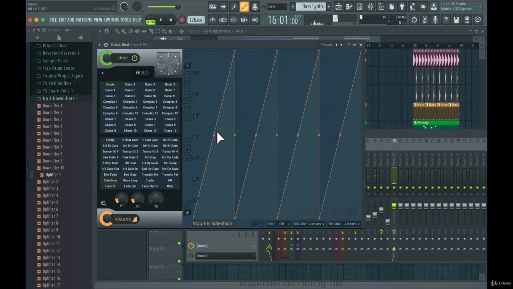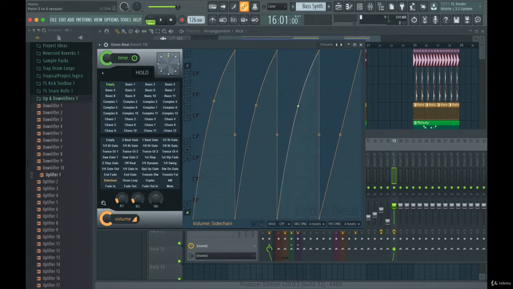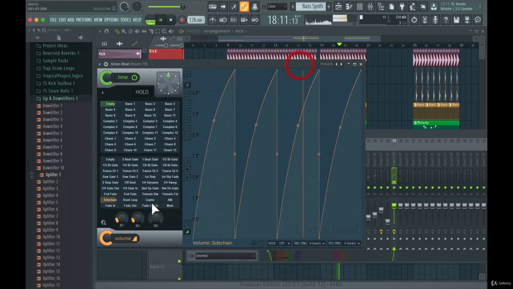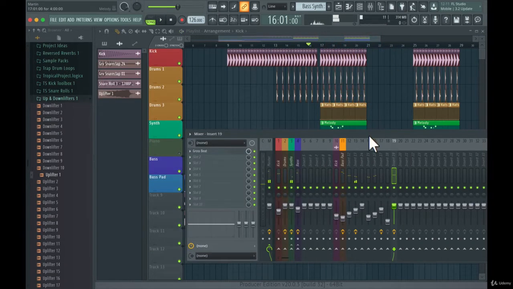I think the sidechain is too deep for the hats. So something like that.